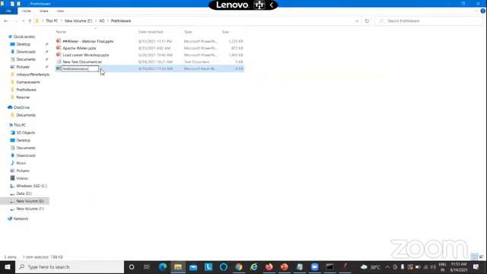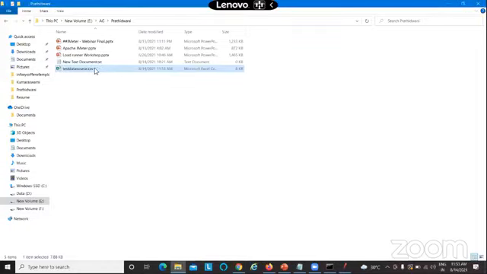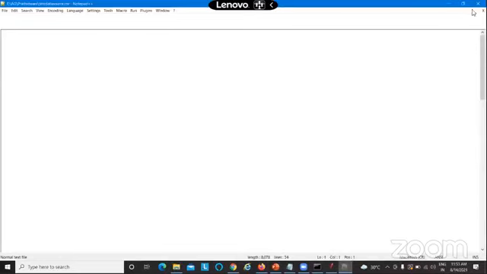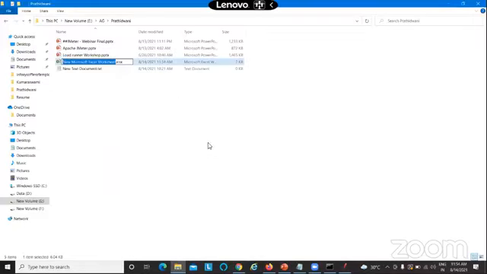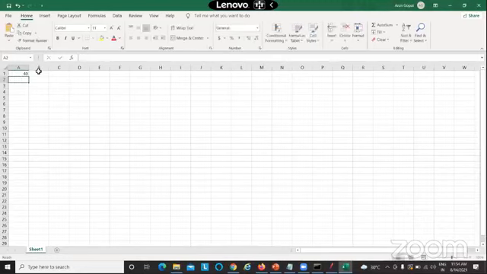So this is a CSV file. If you open it with Notepad, you could see the values. Let me do it in a proper way: 40, 42, 43, and 30.